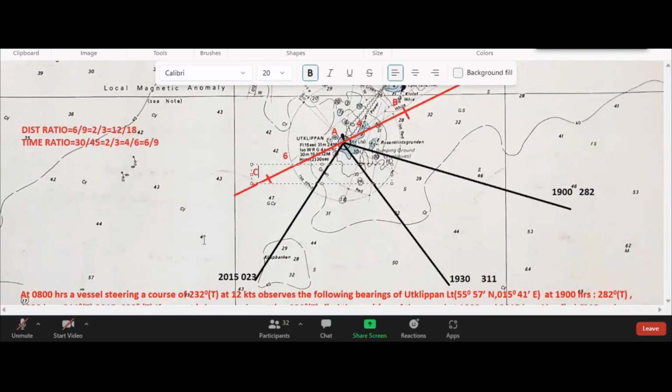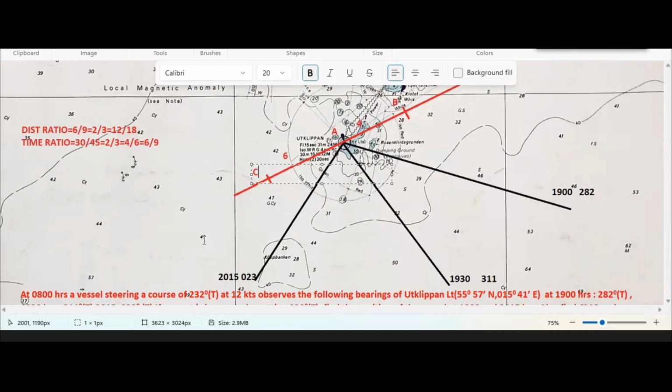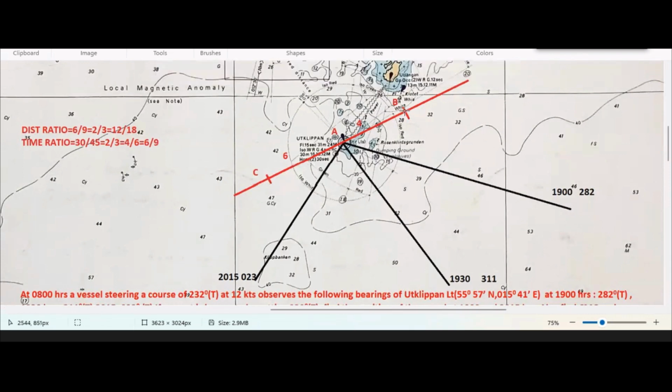Why was AB taken smaller? In the perpendicular, this is the procedure of solving: AB is perpendicular to the center bearing, and as per the ratio, we cut the distance. After that, we plot the parallel to the center bearing. Once you get the B point and C point as per the ratio,